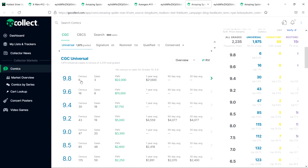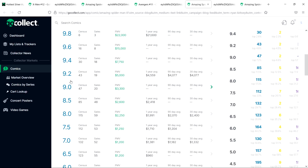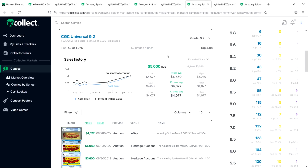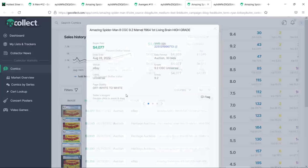9.8s actually have 6 on the census. There was a sale that went for $21,000 a year ago, but let's take a look at some recent stuff. 9.2s have 43 on the census. Fair market value is $5,000. 30-day moving is $4,000. So, still a very pricey book for not necessarily having that key distinction, but, people are